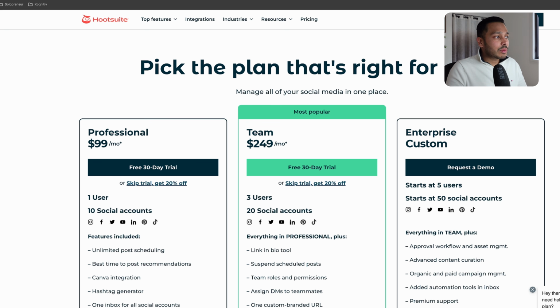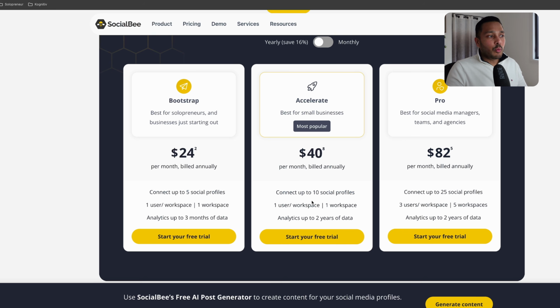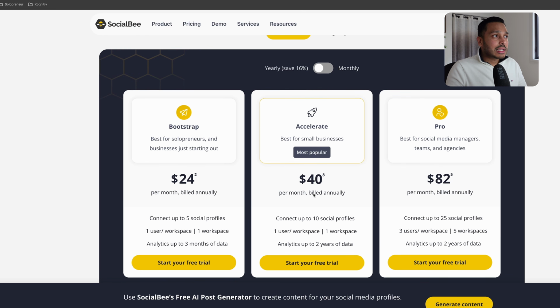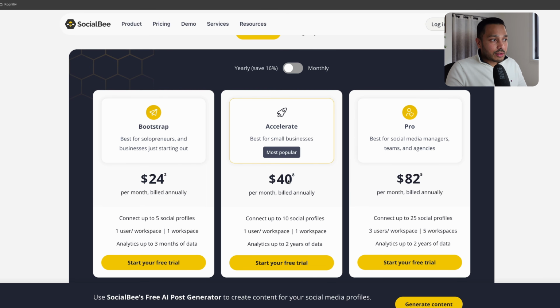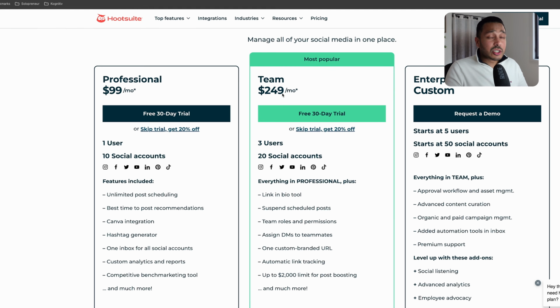Now, comparing that with SocialBee, to get the same 1 account and 10 users, it's actually $40 a month if you use the annual plan. Remember, if you actually use my 20% code, it's going to be less than $40. What is that going to be? $38 or something like that. And so you can see there that you're going to get a 14-day trial and you're going to pay less than half. And now, if you actually need more social accounts or you want to have a team and you want to have a few users, that's actually